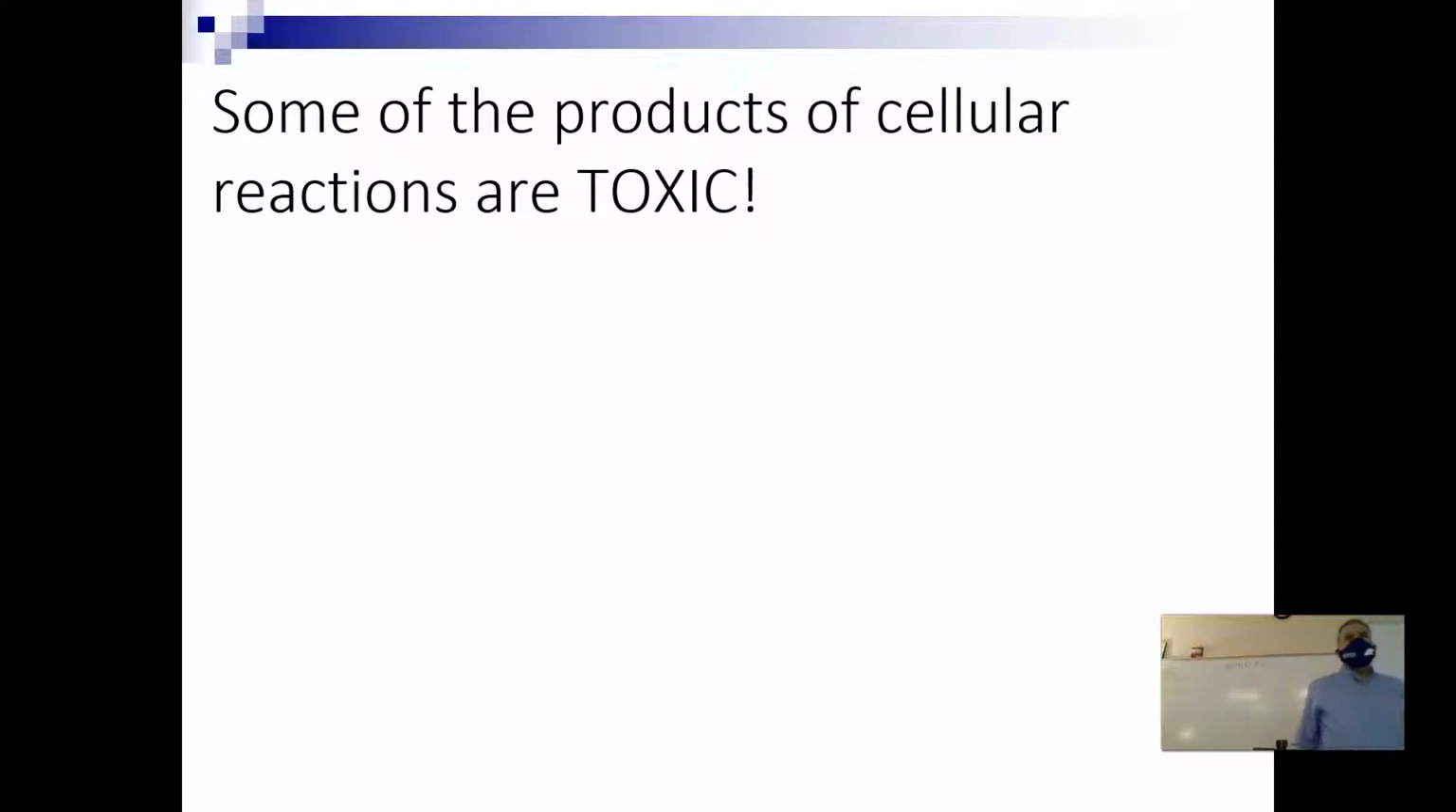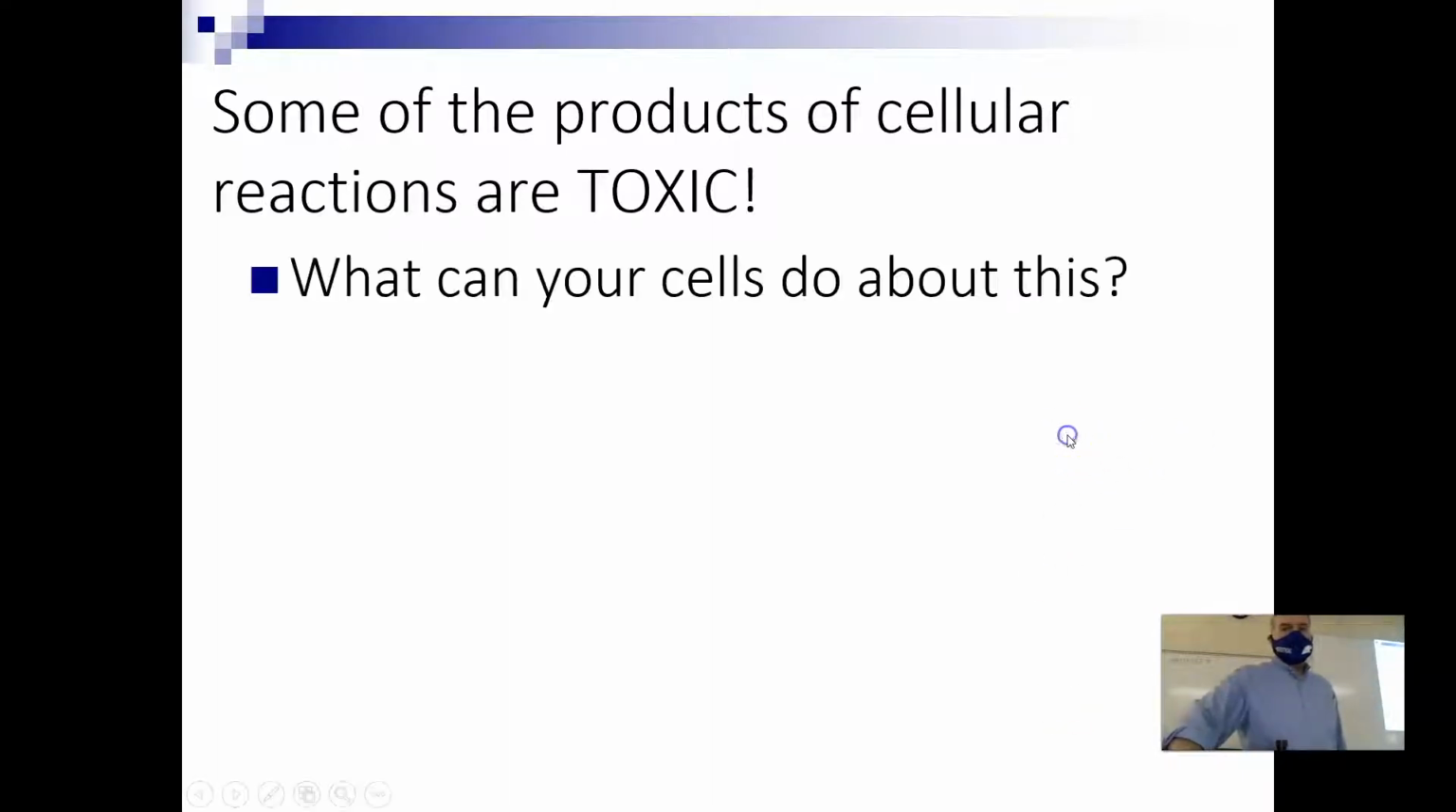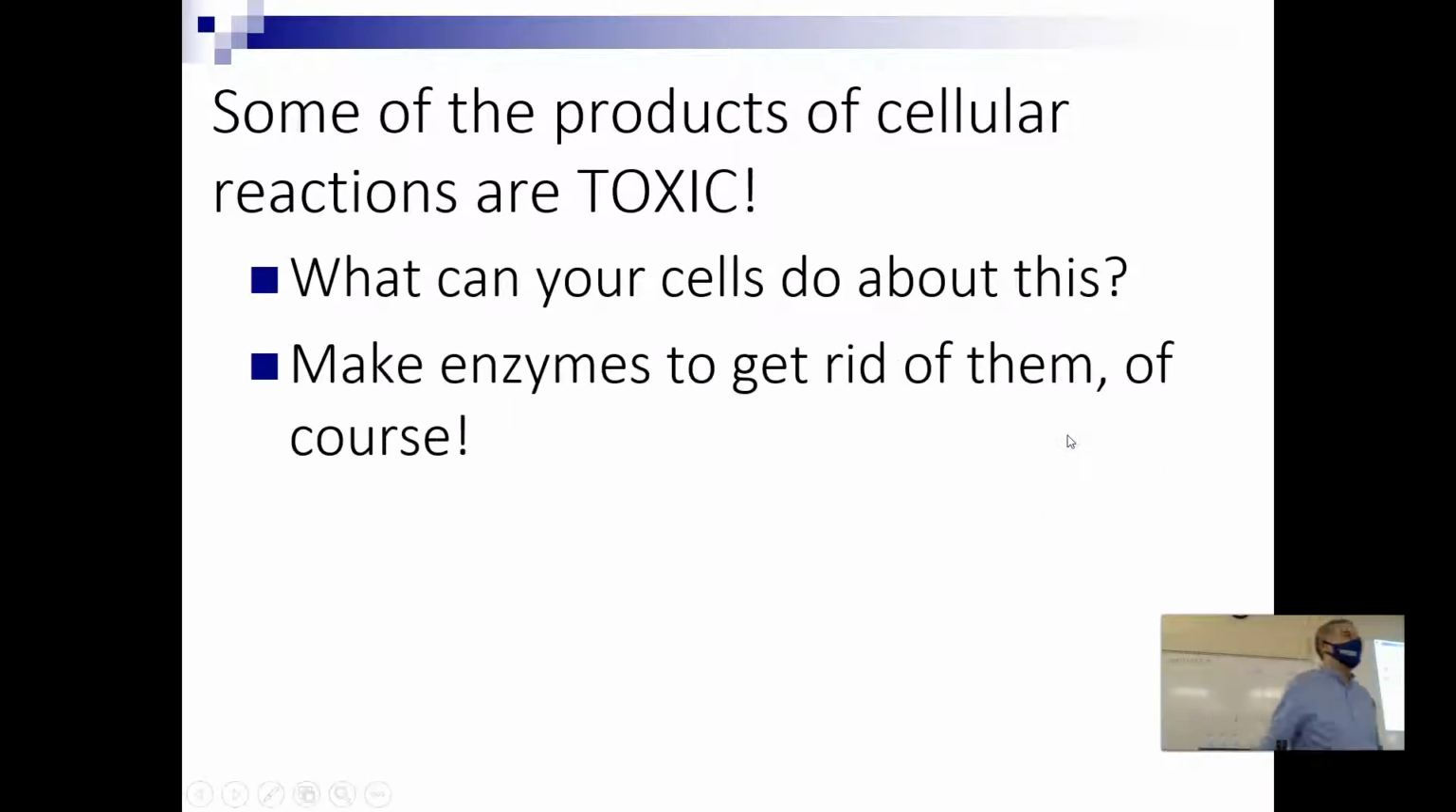So here's the deal. Every living cell occasionally produces things that are toxic. Reactions happen, and you get products you need, but maybe you get byproducts, side products that aren't good for your cell. And generally, your solution to the fact that your cell makes stuff that is toxic is you make more enzymes, right? You make enzymes that'll break down or inactivate or detoxify whatever it is that could hurt